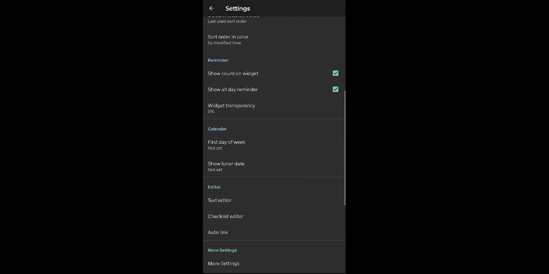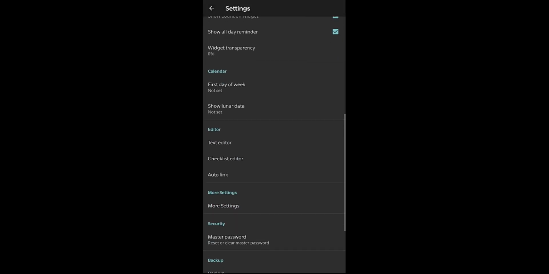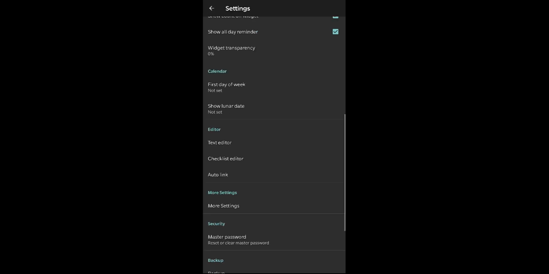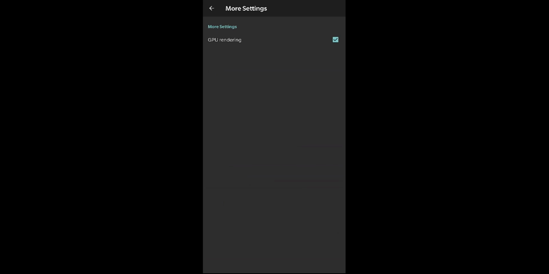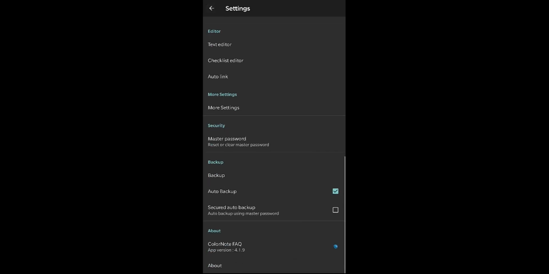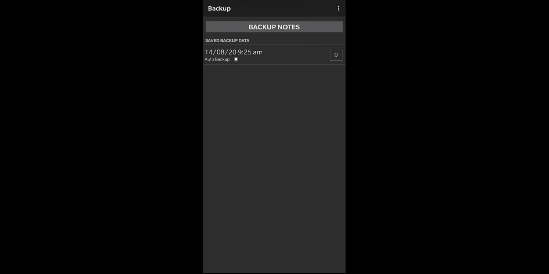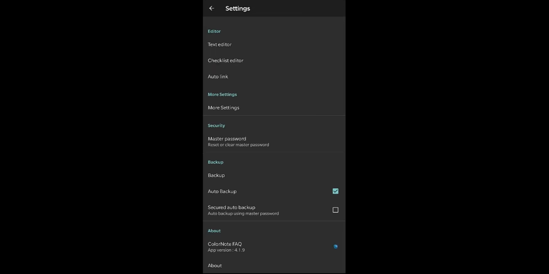I'll keep all these things. I don't touch these things, but yeah, you can use this. And more settings, let's say GUI, reminder. The most important is the backup. How frequently I want the backup. I have created the auto backup, secure auto backup. You can secure your auto backup with the password also,